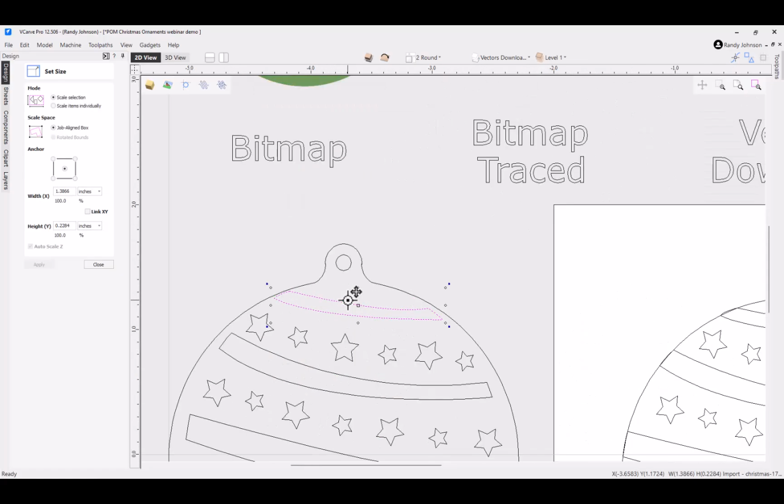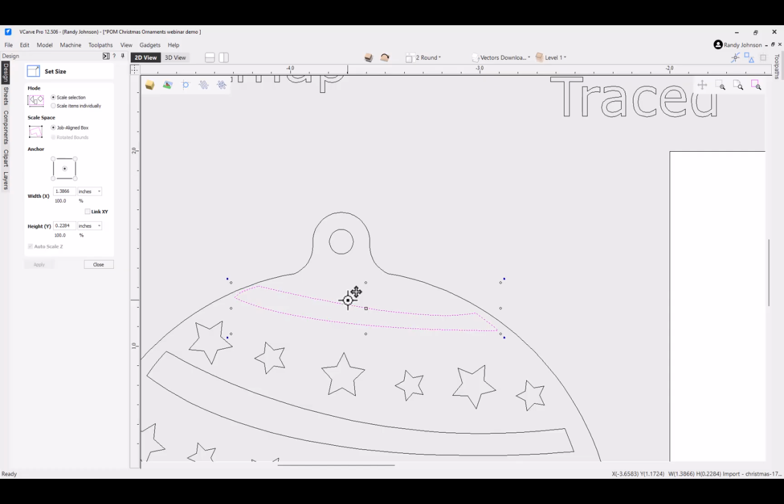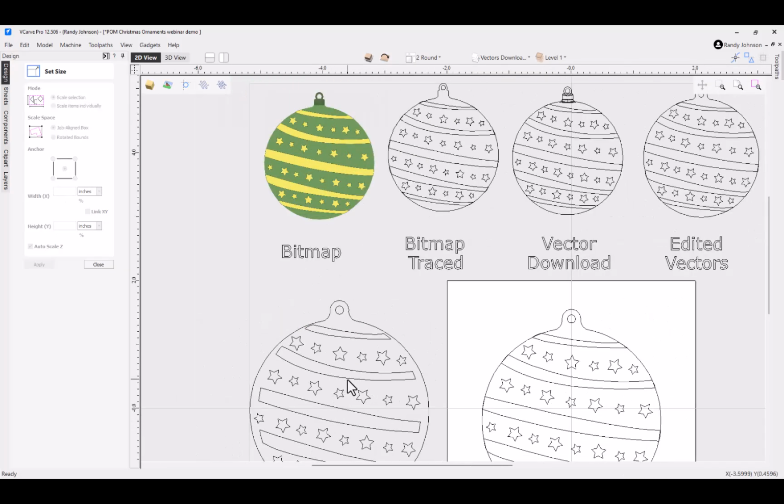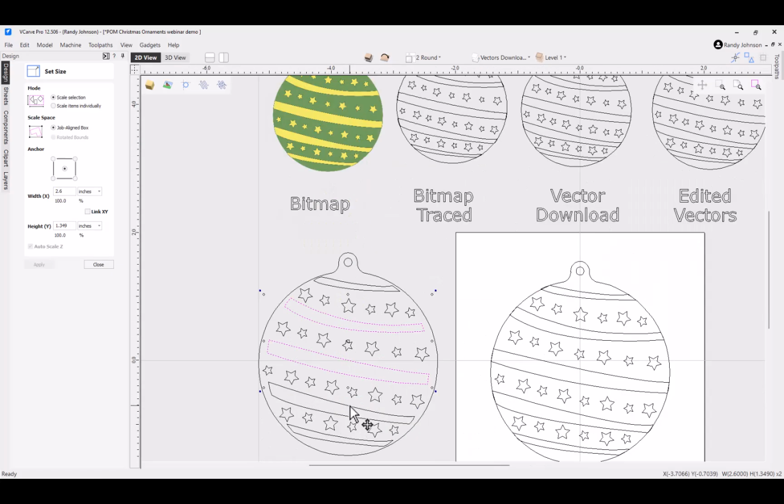And then you could even use the arrow keys and move that over a little bit like that. This one and this one and these three middle ones, I'm actually going to go back in and increase that. Let's go to 2.7. That looks better. And then this bottom one, I'm just going to tweak that over a little bit and maybe just take the size down just a tad